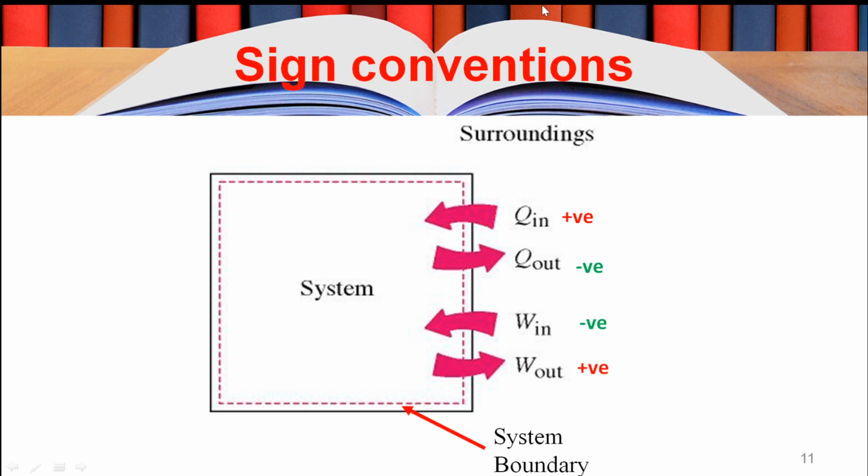So coming to the sign conventions, when heat is added to a system, its thermal energy increases and it is positive. Heat transfer to a system is positive, as well as work transfer from a system; if work is done by a system, that is positive, and the remaining are negative. When heat is transferred out of the system, its energy decreases and it is negative, and when work is given to a system, or work is done on the system by some external source, work transfer is designated as negative.